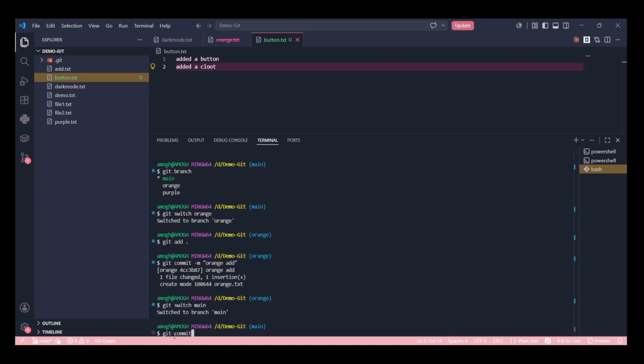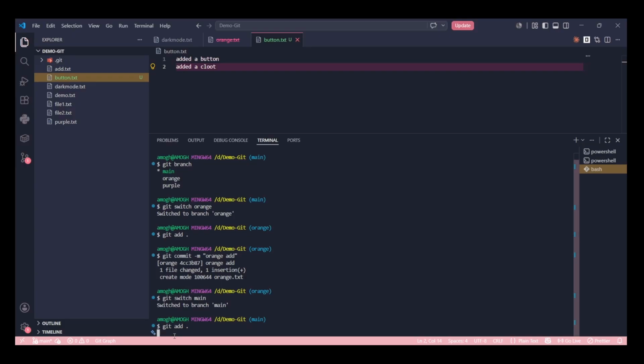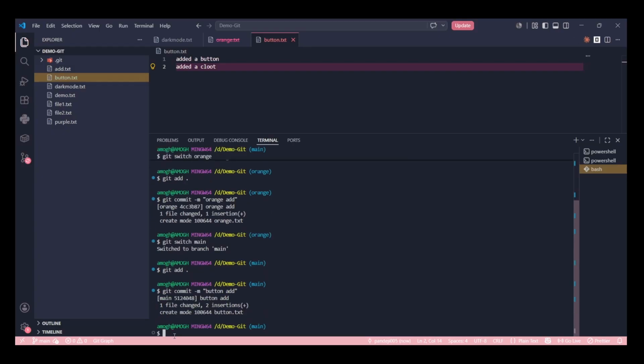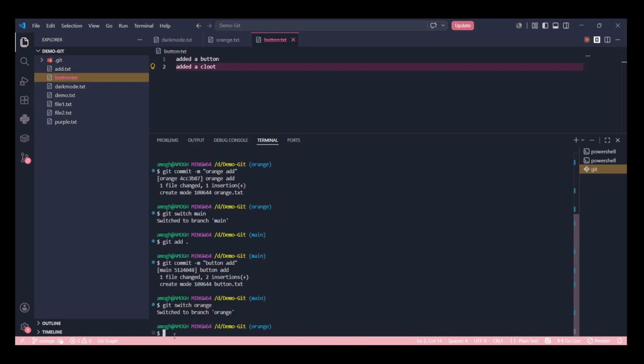Git add, sorry, git commit, button add. After that we'll go back to our orange one, git switch orange. Now see, I have gone back to the orange and there is nothing here called button.txt.